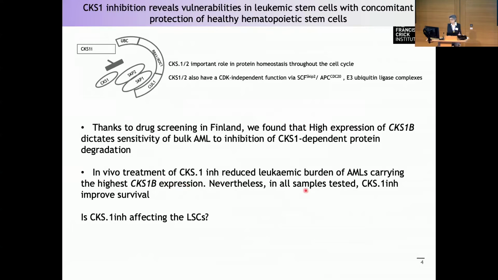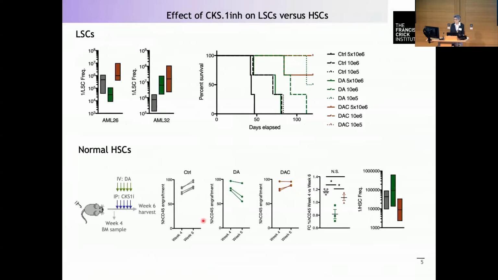Nevertheless, even patients that have very low CKS1 seem to have an improvement of survival, even though the leukemia burden was the same. So the idea was, could CKS1 be more expressed on leukemic stem cells, and could a CKS1 inhibitor affect the leukemic stem cell pool? And that's what he found by doing in vivo limiting dilution analysis and combining classical chemotherapy, in red and